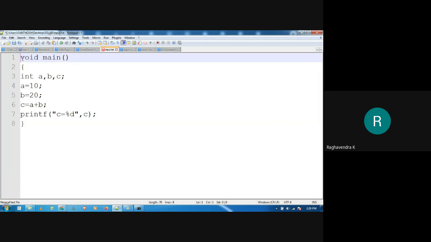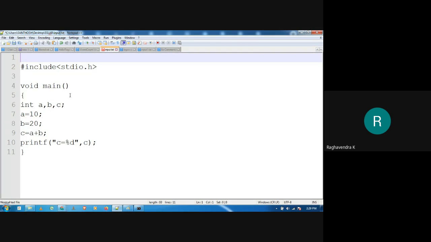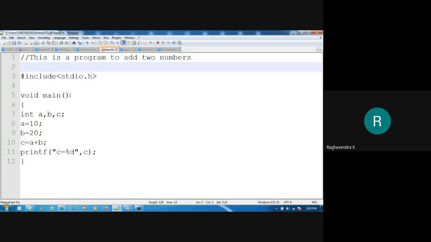Okay, I'll also add a few things at the beginning, just like how we are supposed to write a C program, right? So first one is this include statement. But before that, let us add some comment. So this is a program to add two numbers. Okay, so author is. Right. So now I will add a few comment lines here. Header file.